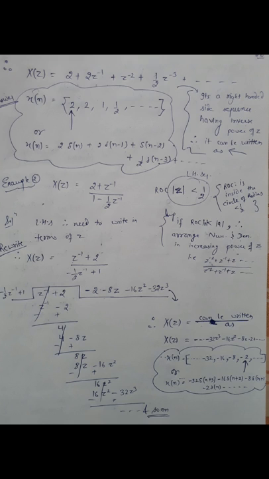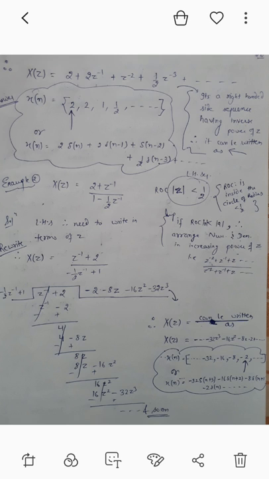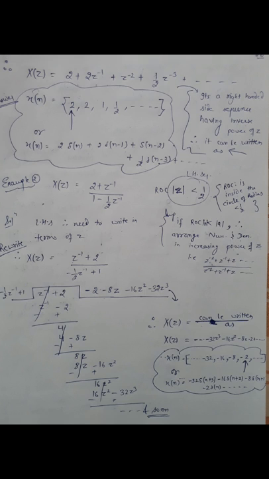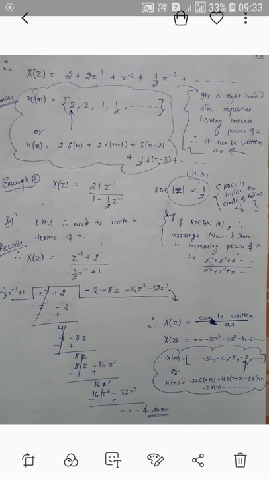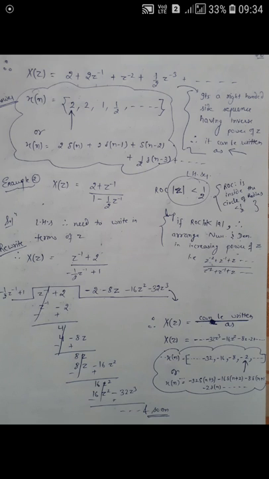If mod of Z is less than A, arrange the numerator and denominator part in increasing power of Z. Increasing power means we have first Z inverse, Z minus 2, Z minus 1 plus Z in that particular form. So we rewrite the equation or transfer function: X(z) is equal to (Z inverse plus 2) upon (minus half Z inverse plus 1). So simply again make the division: minus 1 by 2 Z inverse plus 1 is the factor by which we have to divide, and Z inverse plus 2 is what we have to divide.